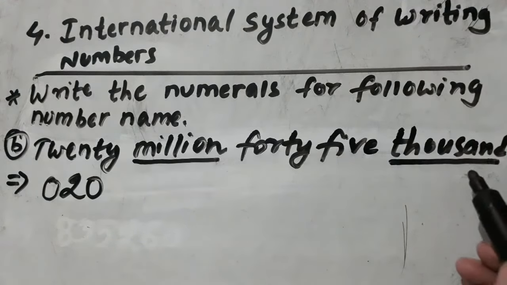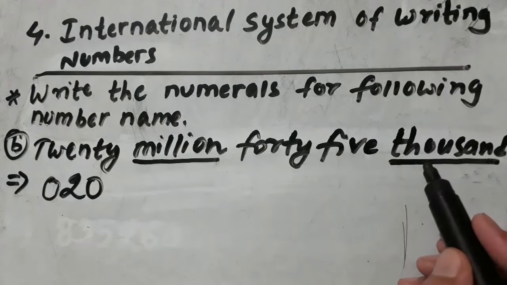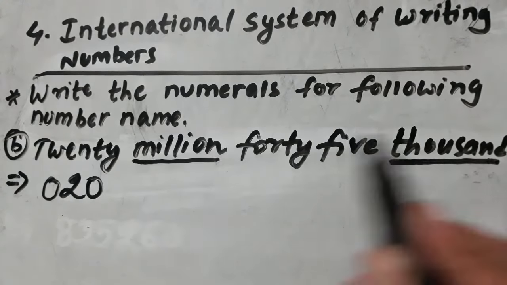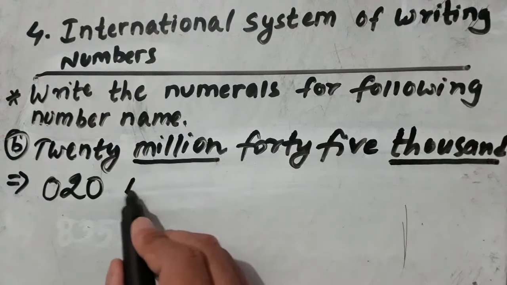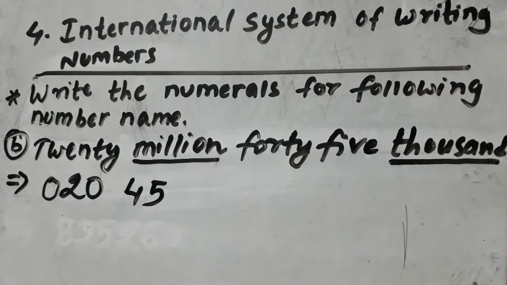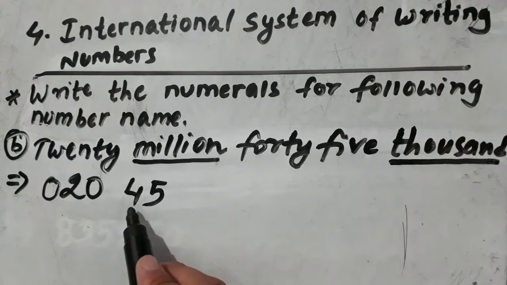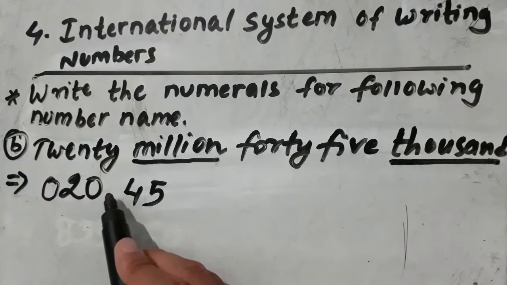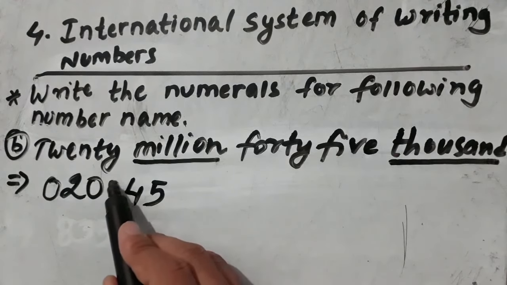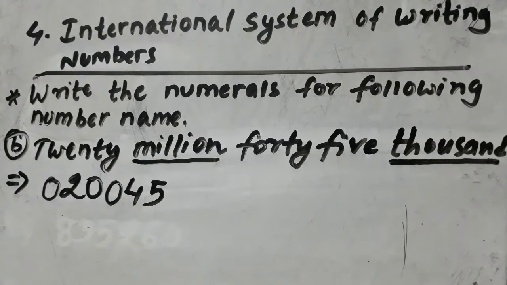Now students, let's come towards the period of 1000. Before 1000 what is there? Before 1000 there is 45. So students, 45 means 4 5. Now here I have maintained a gap. Why? Because 1000 also consists of 3 places, that is 1000, 10,000 and 100,000. Here 5 is in the place of 1000, 4 is in the place of 10,000. Now there is nothing in the place of 100,000. So therefore I have to place 0 in the place of 100,000.